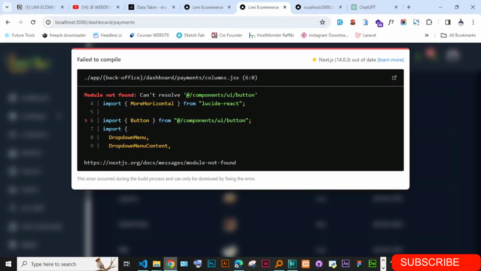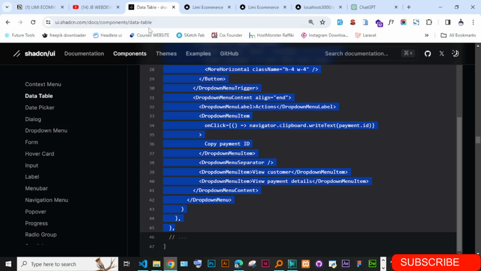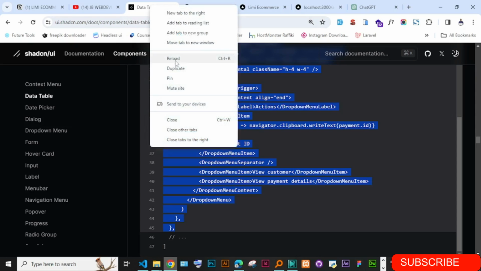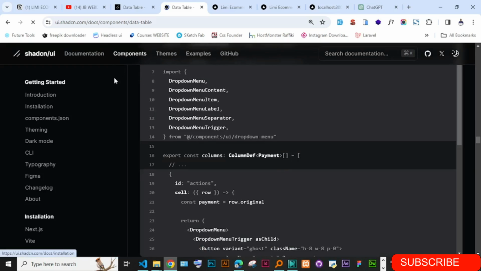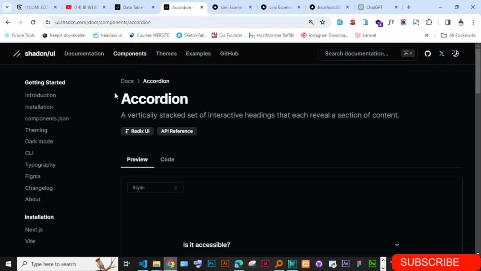So import button. So you have to install this button, because it is not there. So just go to this. I'm just going to duplicate. I don't want to lose this page, so just duplicate this. And then just go on components and then just go on button. So just go and scroll down,